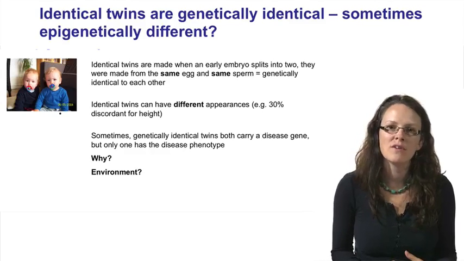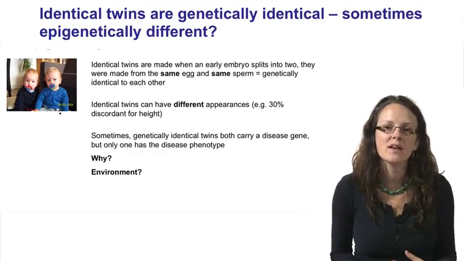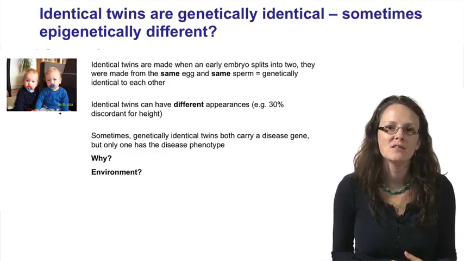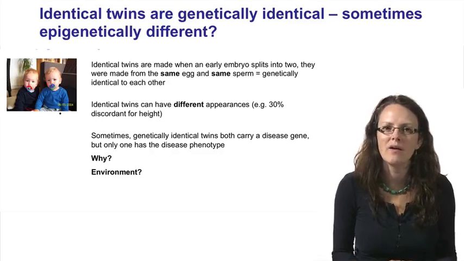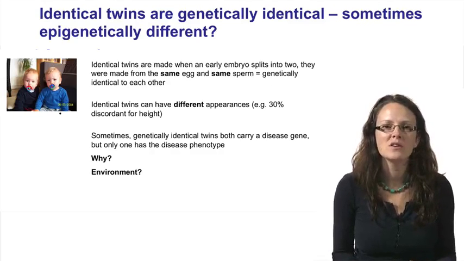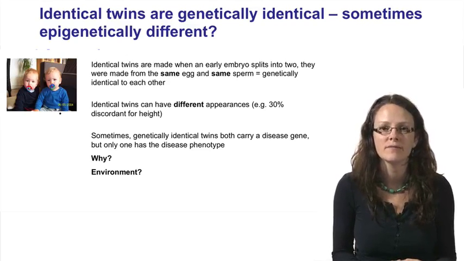So sometimes you will find that there'll be a twin pair that both carry a disease gene, but only one of them is afflicted. So this is a very interesting scenario, and what we really want to ask is, well, why can this occur and how does it occur? Because if we can work out how it happens in the first place, perhaps we can learn how to treat the disorder. Perhaps we can work out why one of those twins is healthy despite them carrying that disease gene.